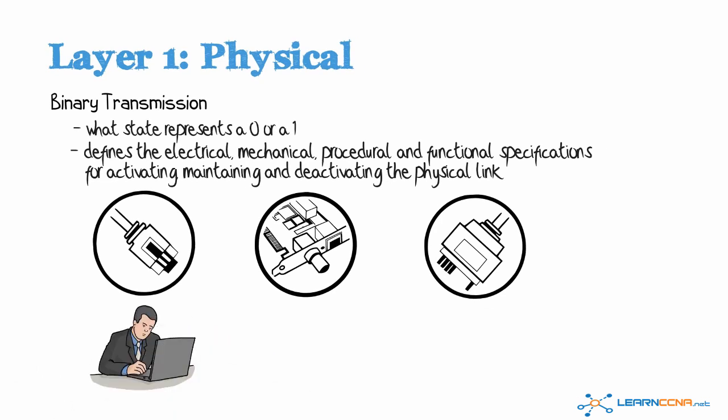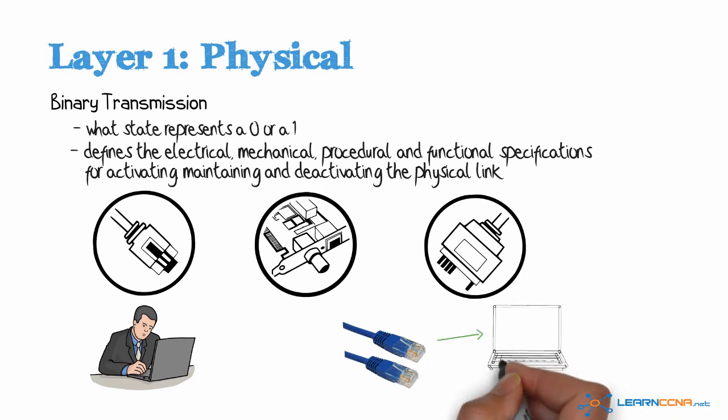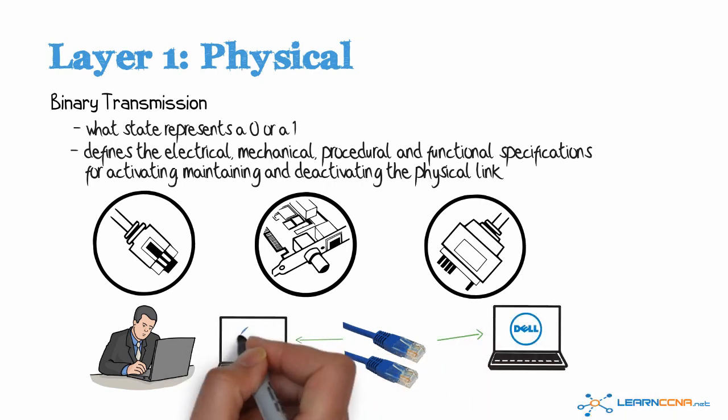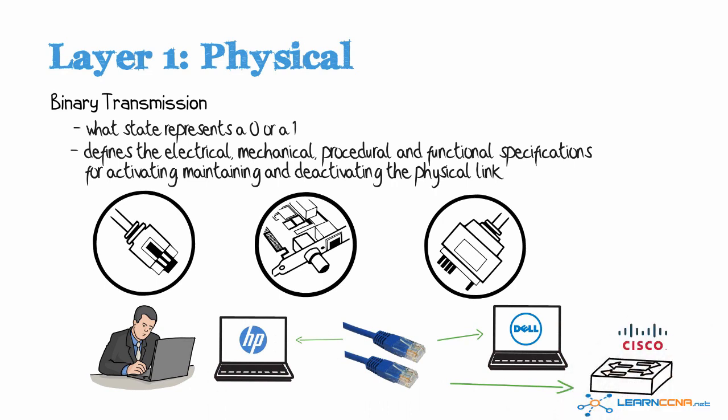As an example, a network engineer needs to know that he can connect an RJ45 cable to a Dell laptop or an HP laptop or a Cisco switch. Devices provided by different vendors. Specifications are standardized so that network engineers could go out and purchase a Cat5 cable or Cat6 cable with an RJ45 connector from a local network supplier and plug it in to any one of those devices without worrying about compatibility. The physical specifications are laid out at layer 1 of the OSI model, and thus we have interoperability between